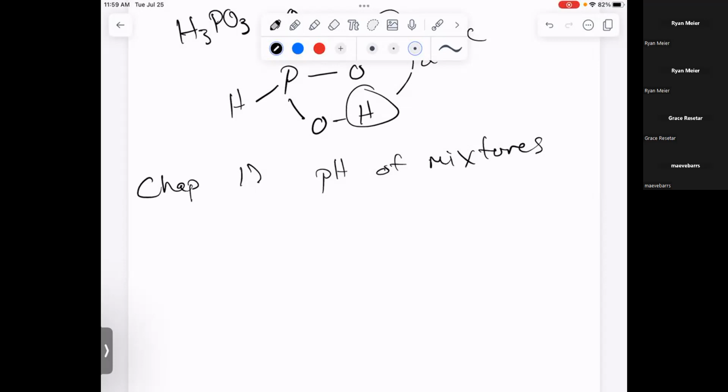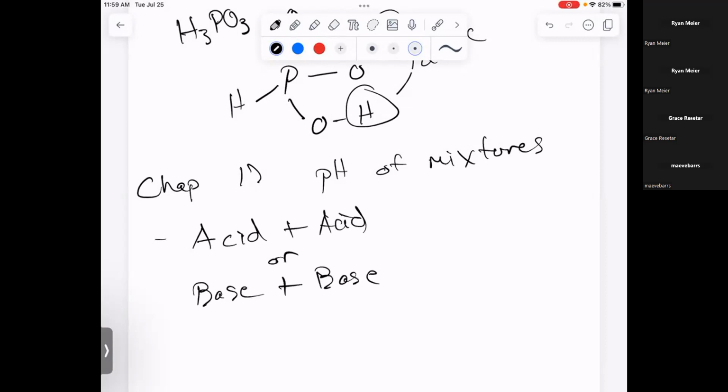And we have a couple different possibilities. I'm going to highlight each of the possibilities relatively quickly first. We could have an acid plus an acid, or a base plus a base, as one combination. I group these together because if you have two acids and put them together, an acid doesn't really react with an acid. Likewise, a base doesn't really react with a base. And so in each of these instances, what's important is we really only care about what is strong